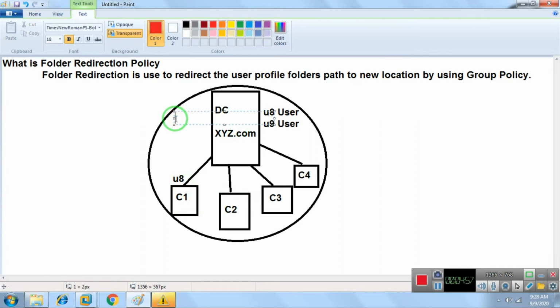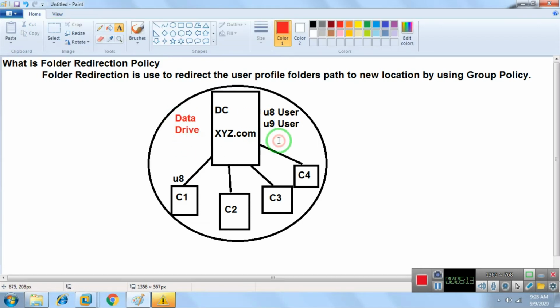Imagine I have a data drive over there, and I want every user's document folders to be saved in that data drive. This data drive is attached to this DC, and it is a shared data drive.